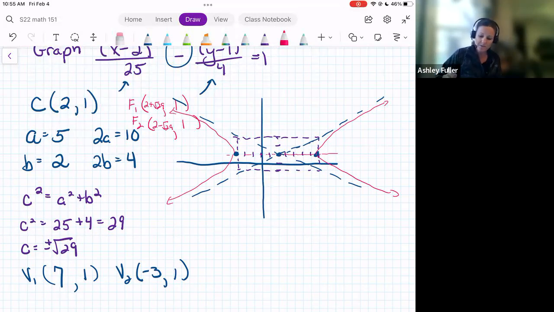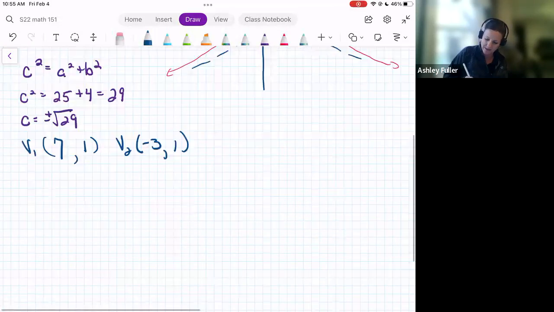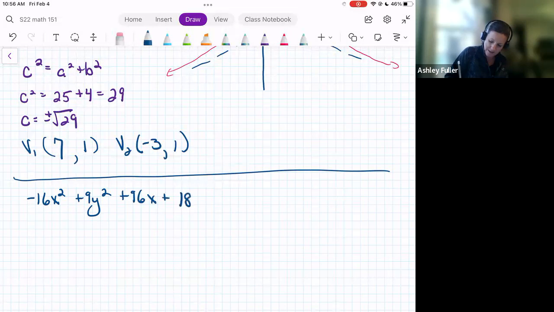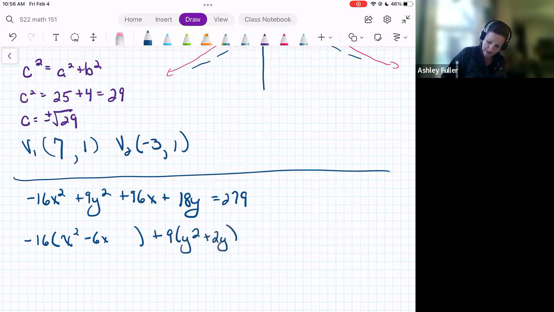Just like before, sometimes these hyperbolas do not come in standard form, and we need to be able to complete the square. If we have something like negative 16x squared plus 9y squared plus 96x plus 18y equals 279, we rearrange things to complete the square. I'm going to factor out the negative 16, which leaves me with x squared minus 6x plus 9 times y squared plus 2y